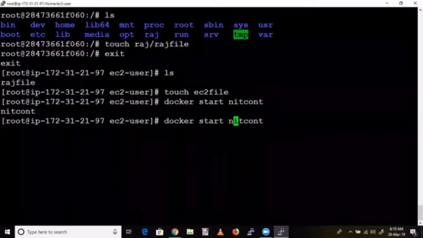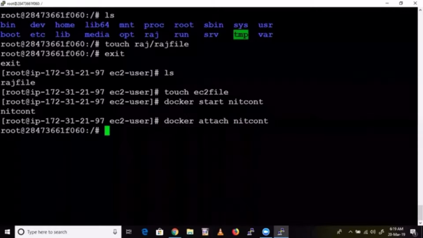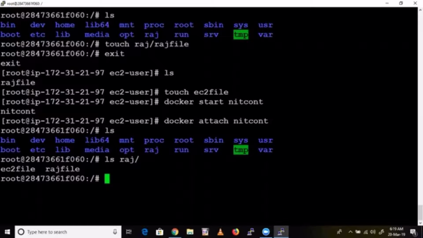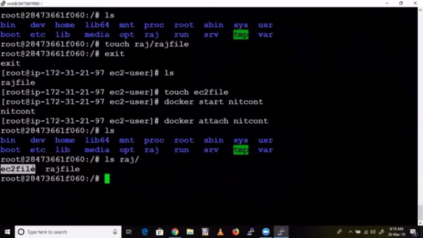Docker attach that container. Now do ls, we have the Raj folder. Now ls Raj. You can see it, the EC2 file. Understood, guys? Understood this one, everyone? Yeah, that is how we can map a host to a container.